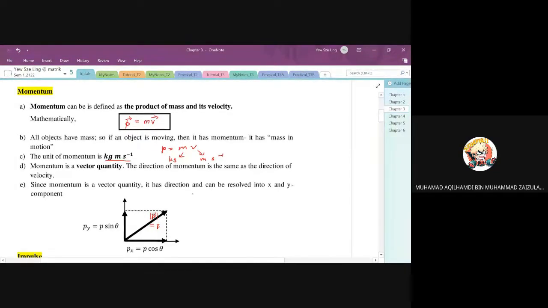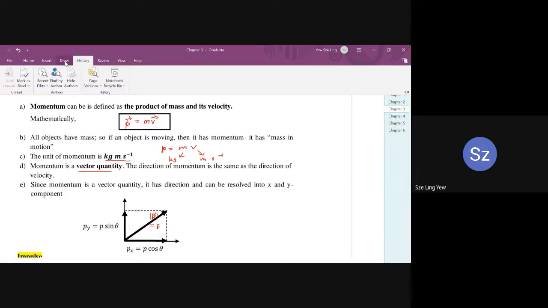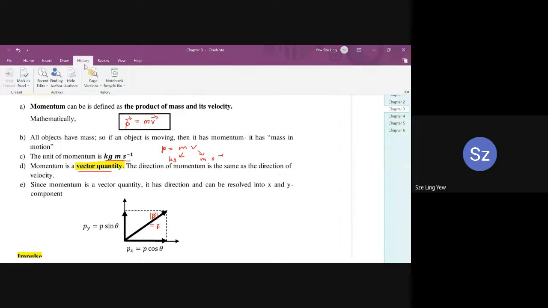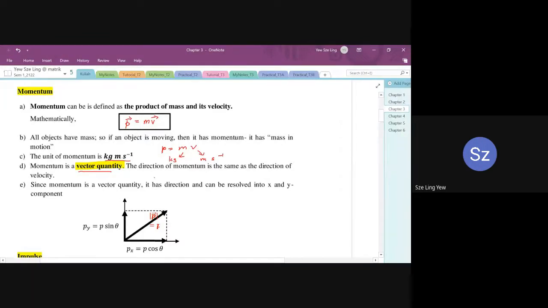Okay. So momentum is a vector quantity. Which means if the question asks you to calculate momentum, you need to calculate both the direction and also the magnitude. Two things, because of the term vector quantity. So this is very important. So how do we determine the direction of momentum then? The direction of momentum is the same as the direction of velocity. So you look at the direction of velocity, which is the direction of motion, then that is the direction of